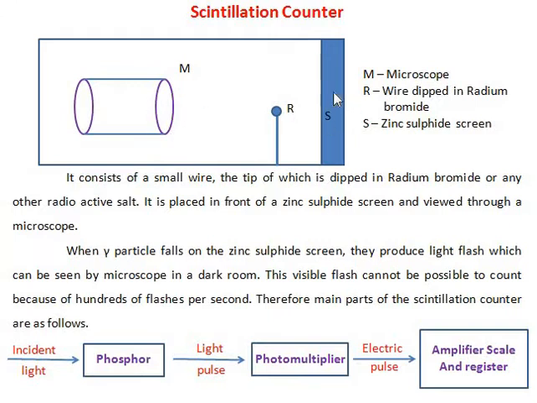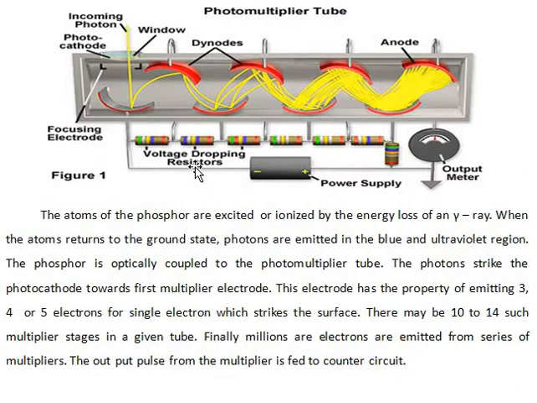We can see those light flashes, but we are not able to count those, because in a second hundreds of flashes appear on the screen. So therefore it is not possible to count. For that we have made a different arrangement. So let us see. That is known as the photomultiplier tube. When the gamma radiation falls on this window here, one gamma particle produces one flash of light due to scintillation. That photon falls on this photomultiplier tube, that is the electrode.